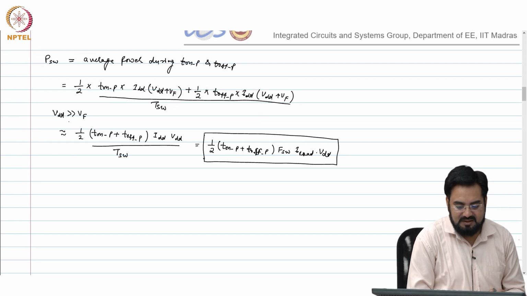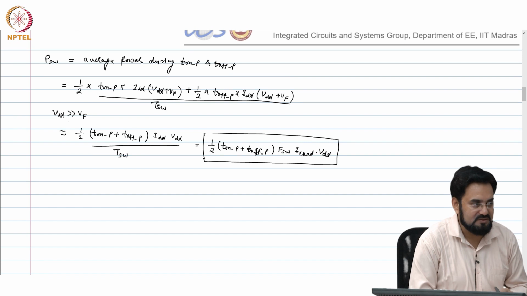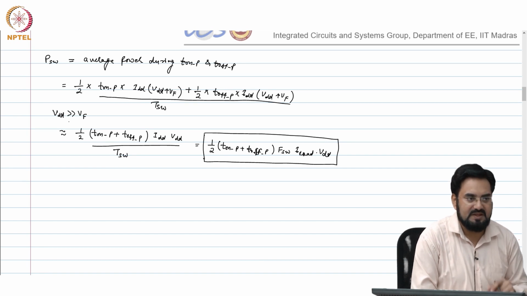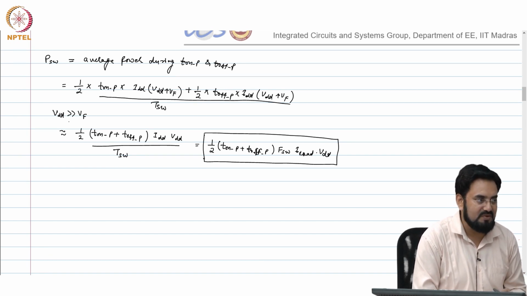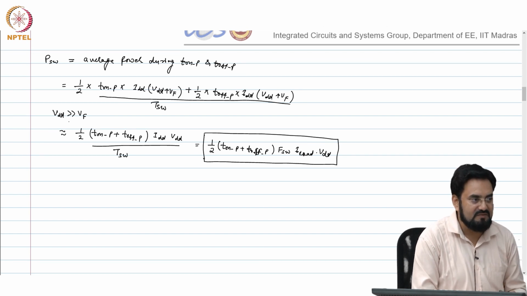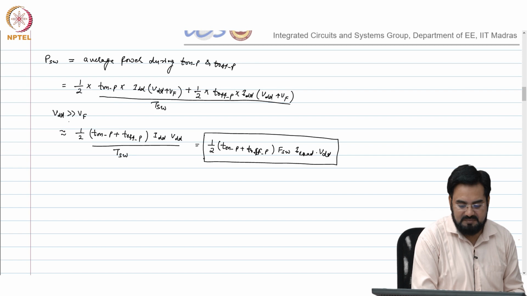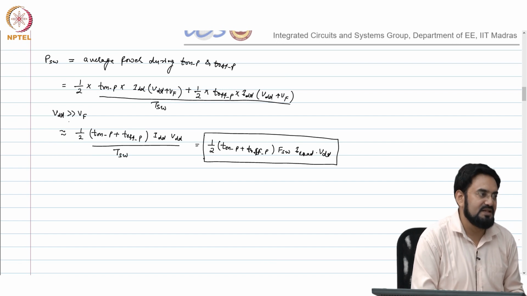So, that is why most of the DC-DC converters or switching regulators you find in the market, maximum available today might be 10 megahertz or so, and the current would be less than 1 amp or up to 1 amp, not more than that at 10 megahertz. But if you are looking at a 10 amp kind of a current, you will see achieving even 1 megahertz is not easy, because these losses are very dominant and they will kill your efficiency.